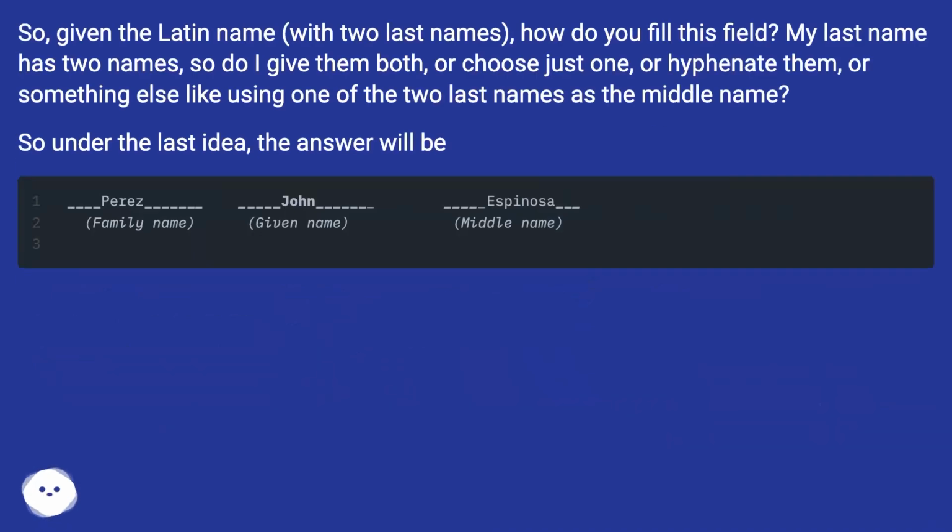So, given the Latin name with two last names, how do you fill this field? My last name has two names, so do I give them both, or choose just one, or hyphenate them, or something else like using one of the two last names as the middle name? So under the last idea, the answer will be